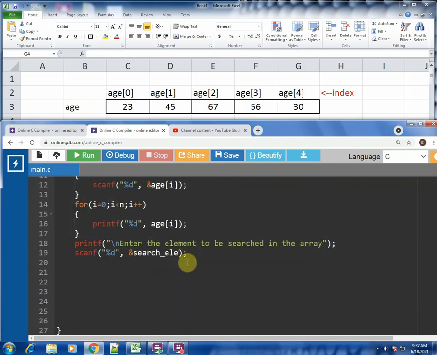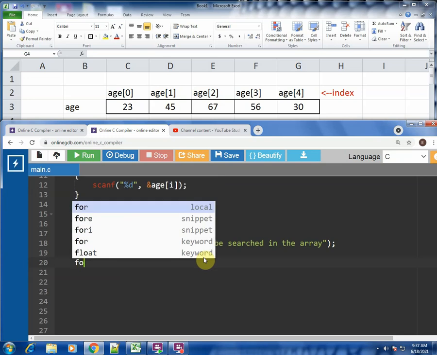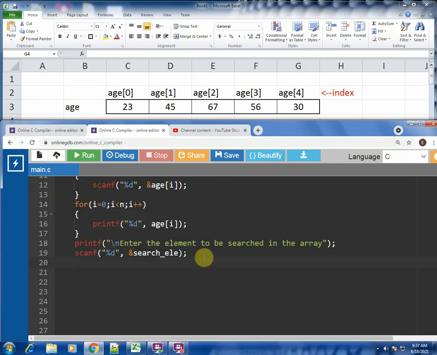Once we have declared, then we need to do the process of searching. Okay, so how do we go about the process of searching is, again we cannot do searching in an array without a for loop. So for loop is a must. So what I will do is I will just copy paste this for loop which I have used for actually printing the values of the array. Same for loop, same structure. Array index starts from 0 and goes till n, or n minus 1 rather.